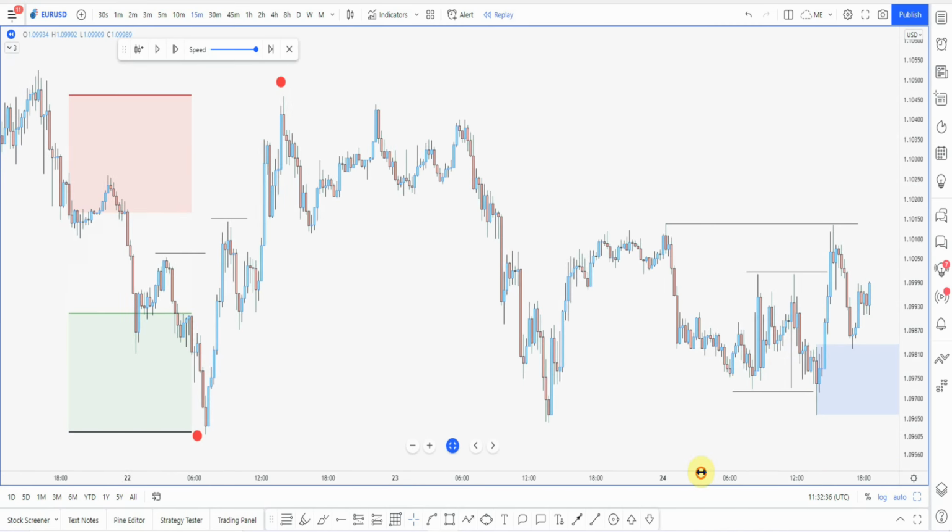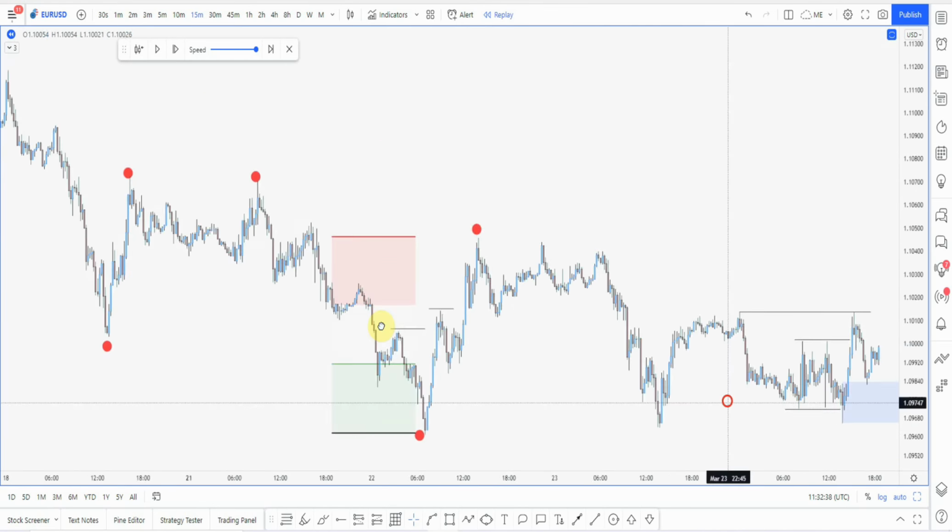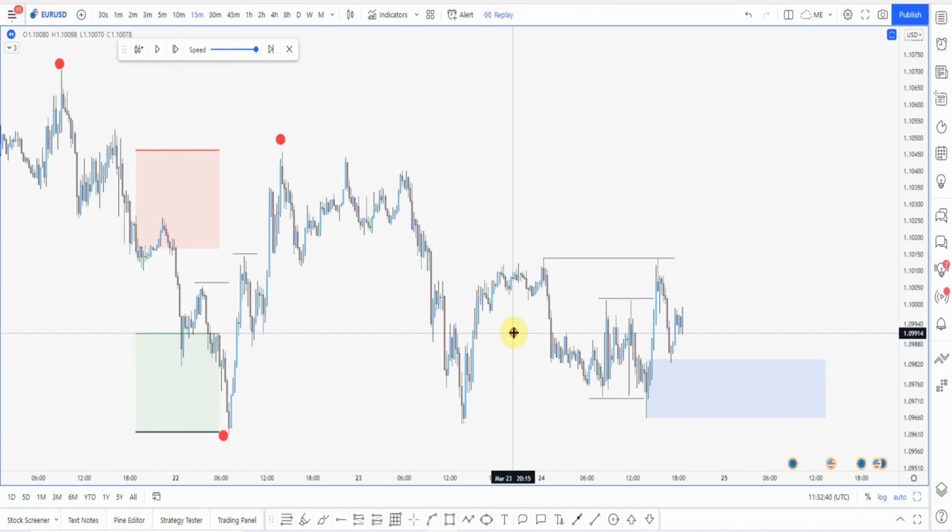Okay, every concept works, every concept works if you have a very strong plan and very strong backtesting. Okay,